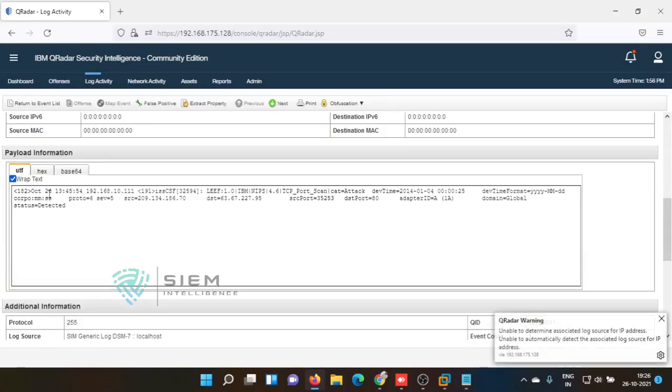Whatever comes after the date, that will be your log source identifier. So what is your log source identifier? 192.168.10.1. Okay, if there is a name called Vishnu in the logs, then what will be the log source identifier?